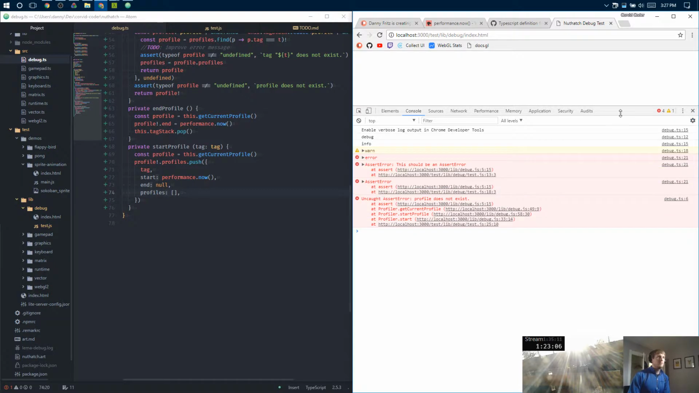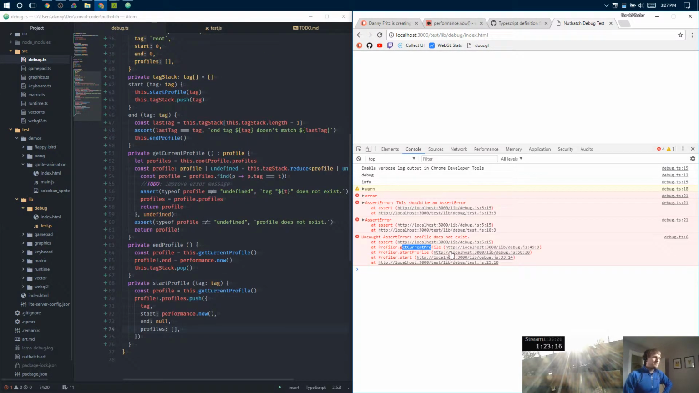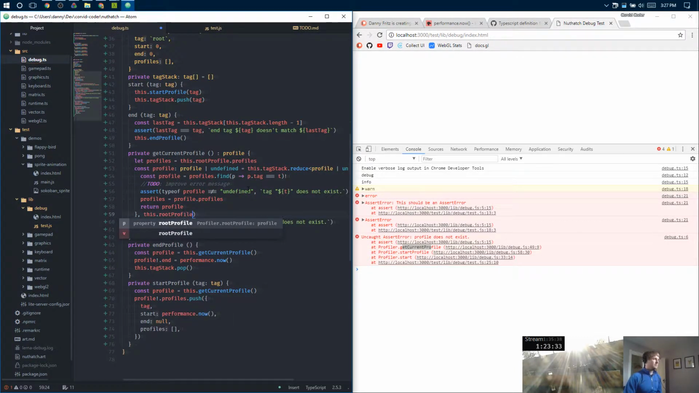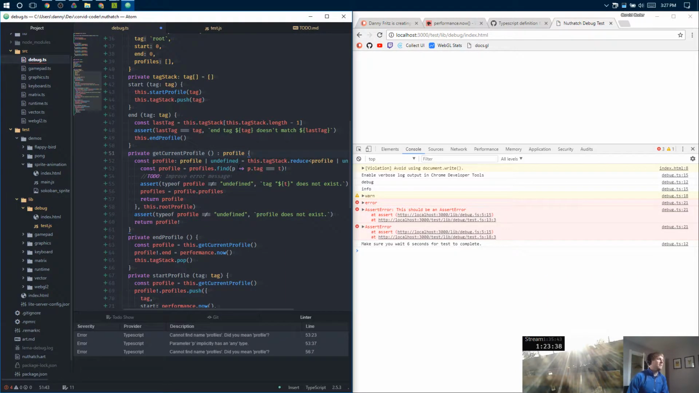Whatever. Get current profile. Profile does not exist. Oh, it's this. Okay. So this isn't undefined anymore. It's this.rootProfile. Which means I'm going to get rid of that. Which means that every time get... rid of that,